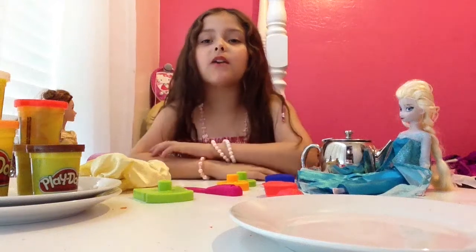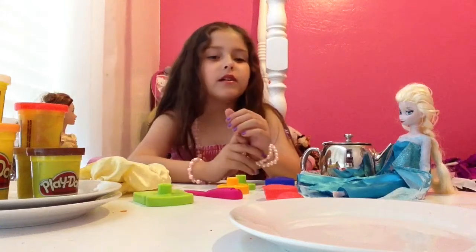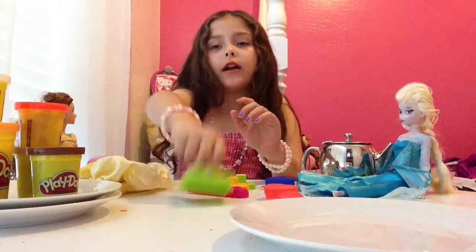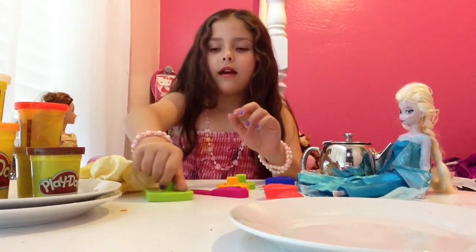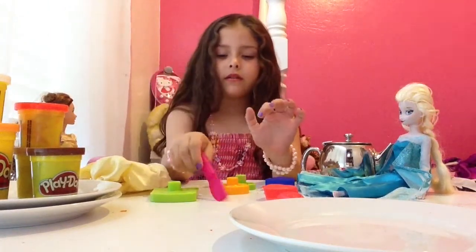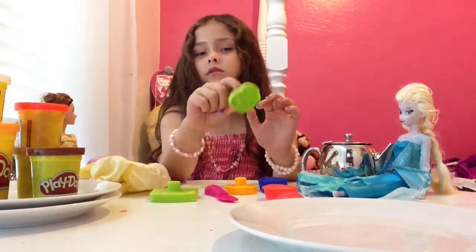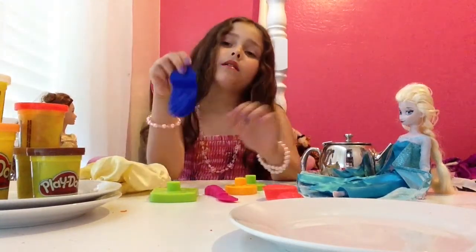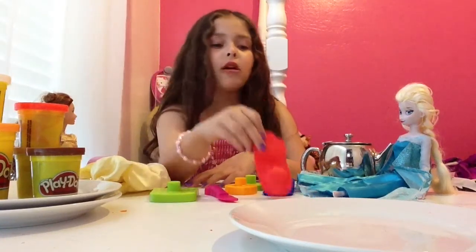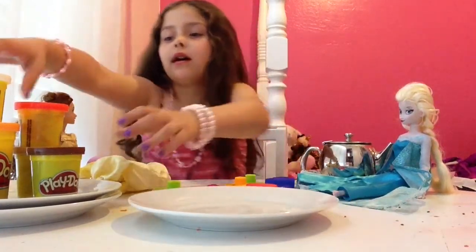This is Simone's Playhouse, and today we're going to be doing some of this Play-doh picnic stuff. And I have some bread here, and a Play-doh knife, which I'm going to be using, and cookies, and pretzels, and bananas, my favorite, and strawberries. This is what I'm going to use to do it. I have